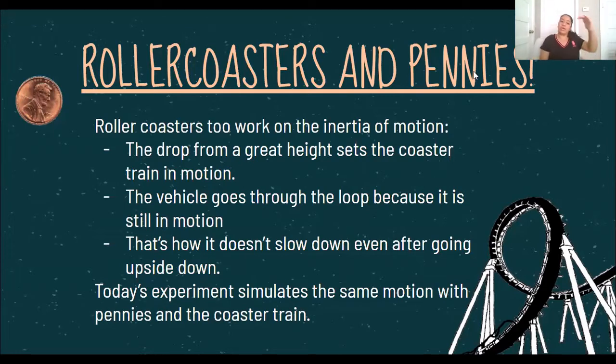What happens is that when a roller coaster is dropped from a great height, it goes down and its speed is actually increasing because of gravity. Gravity is pulling it down. And then once it enters the loop, there are no brakes as such which are stopping the roller coaster. So it's going to continue to move throughout the whole loop and across the whole track until any brakes